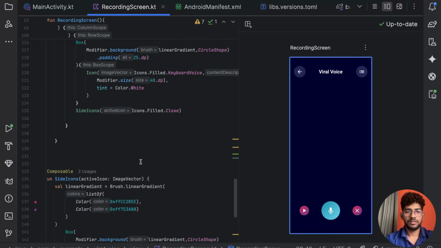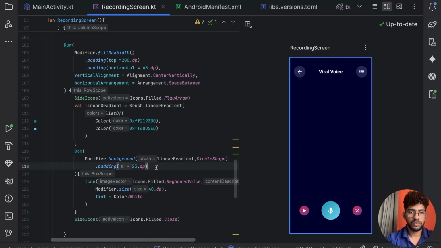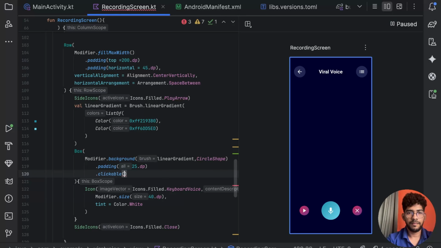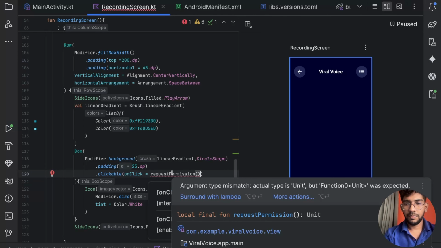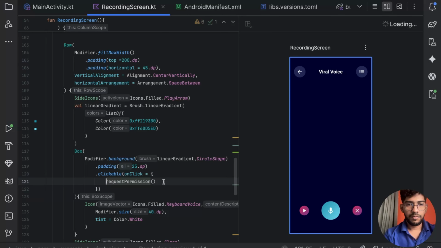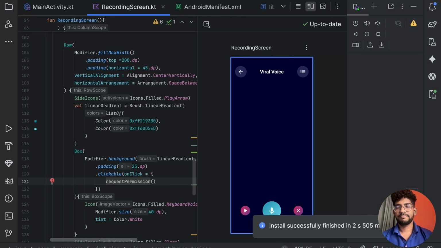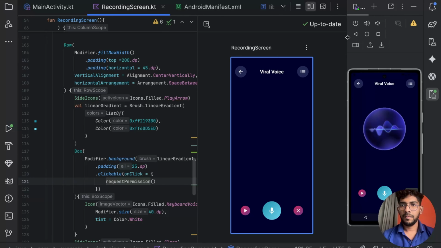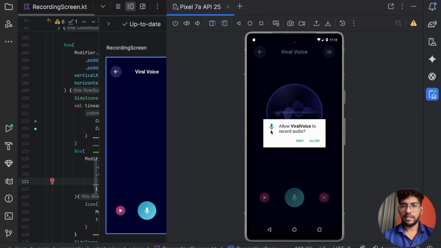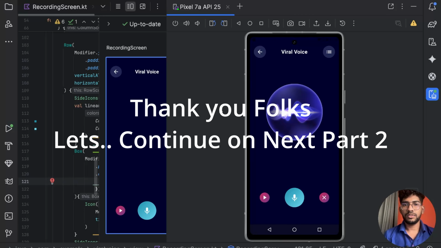Okay, we can call this function on this voice icon click. So for this I'm using Modifier.clickable, onClick requestPermission. Better. So let's run the project. You can see, once I click this, it asks to allow recording audio. When I click allow, it can record the audio. So that logic we can do